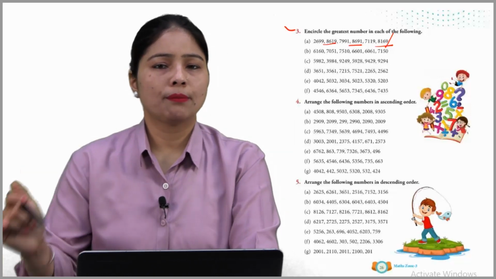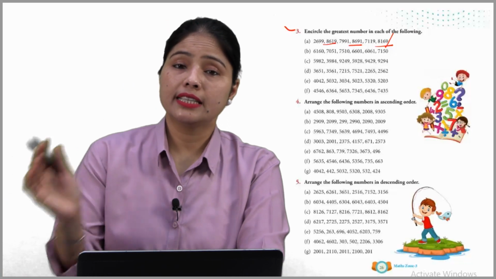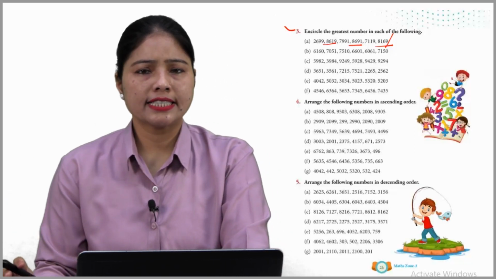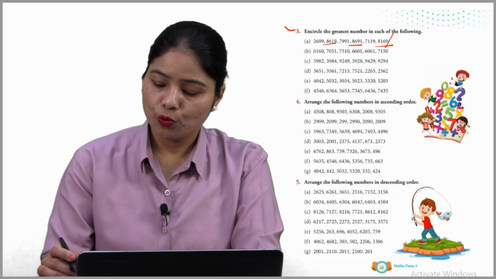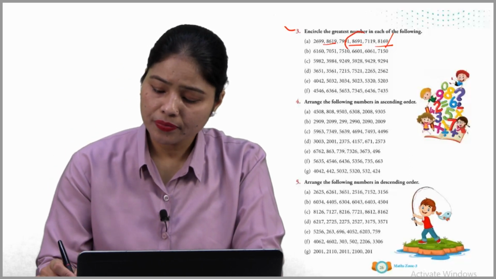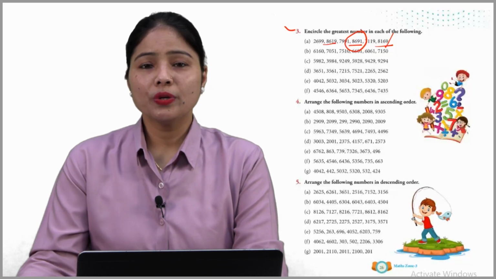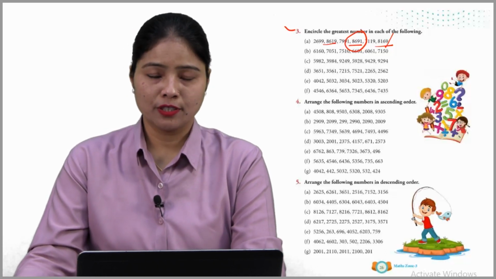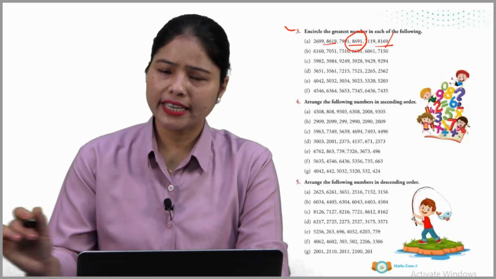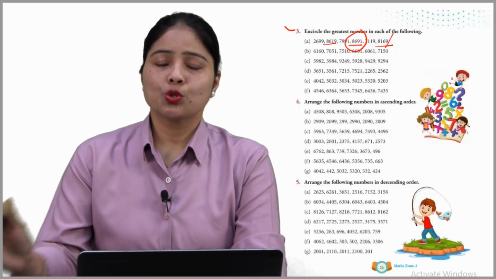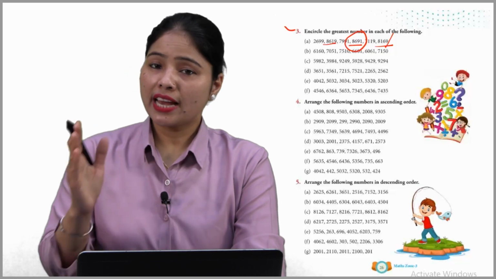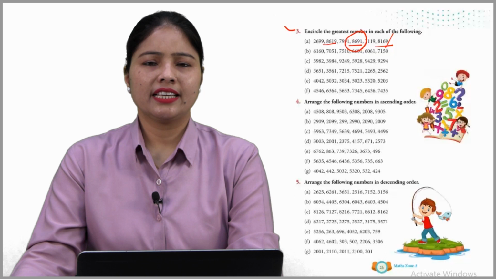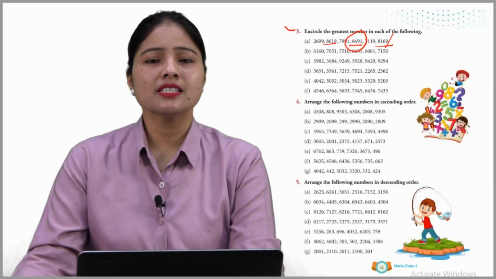Now we have 2 numbers left. So now see the tens digits. So tens की digits में हमारा क्या है 1 और here it is given 9. So this number is our greatest number. So 8691 is the answer of that particular one. Or you can say that it's the greatest value. Okay. So students, with this we ended the chapter. I hope you understood well. So keep practicing like this and do the rest of the exercise on your own.